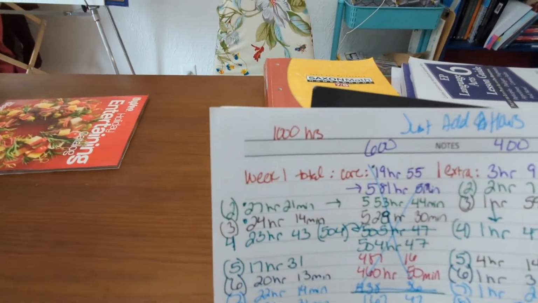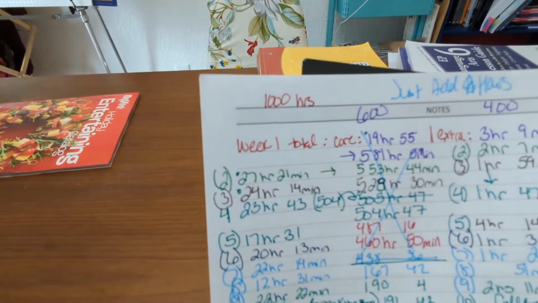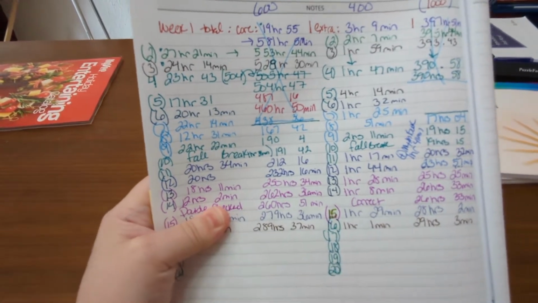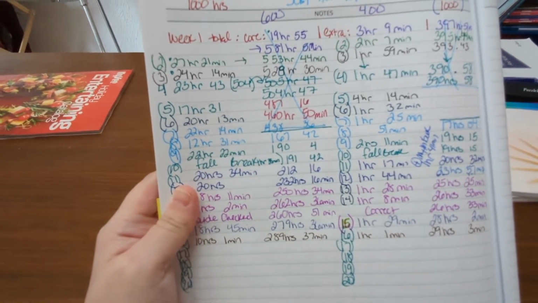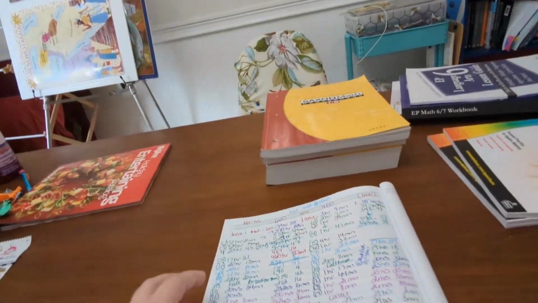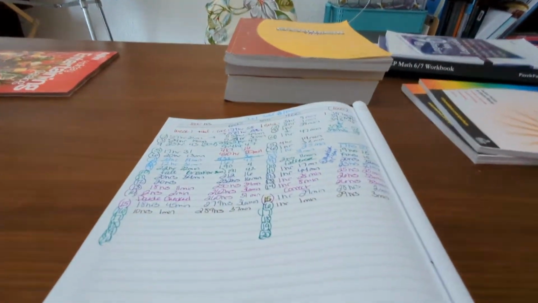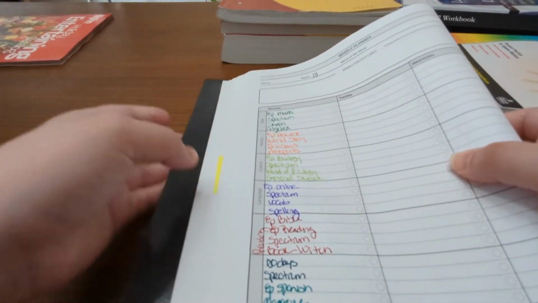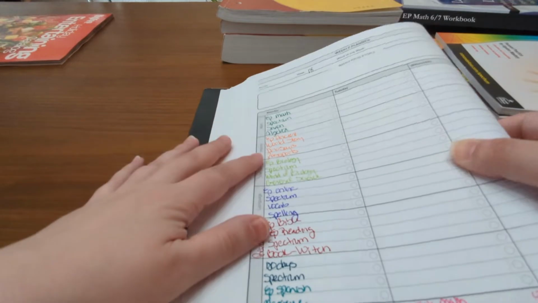So for Missouri, he needs 1,000 hours. I was subtracting and then I got off with how much everything was, so I decided just to go ahead and add the hours instead. So I did go to a random page, but then I thought maybe it would be just too distracting. So